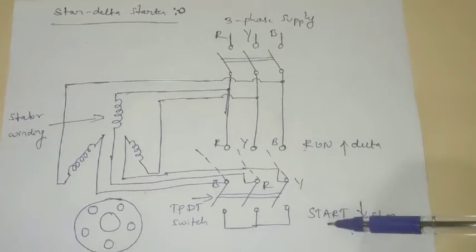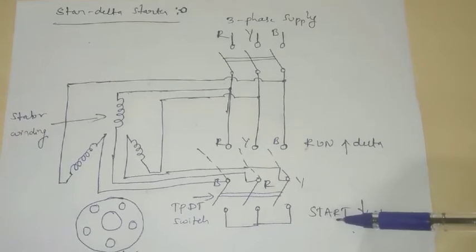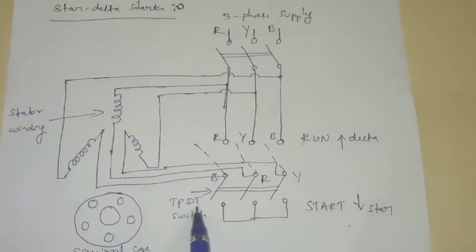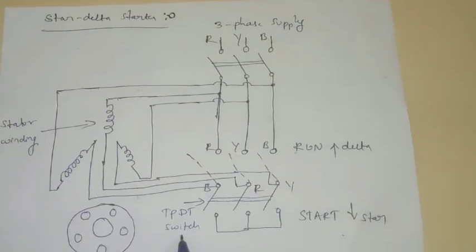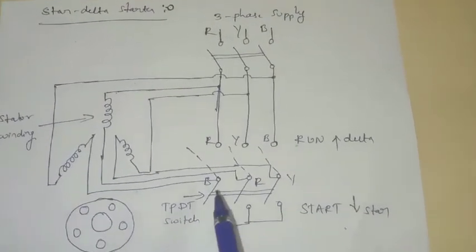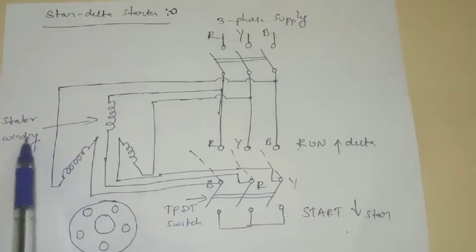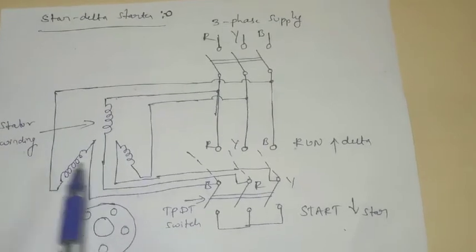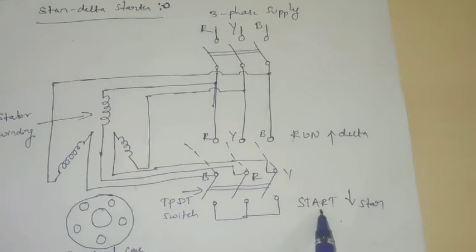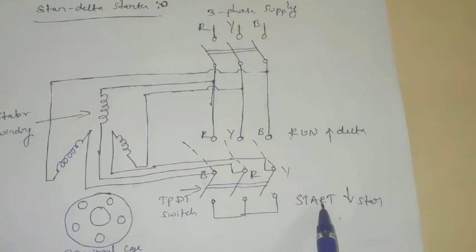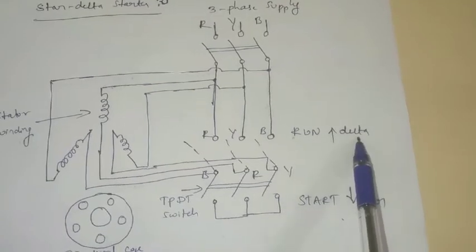And at starting means when the supply is just given to the motor, at that point the starting condition. So here we are using the TPDT switch, that is triple pole double throw switch. The function of this switch is to connect the stator winding in star connection at the starting condition,